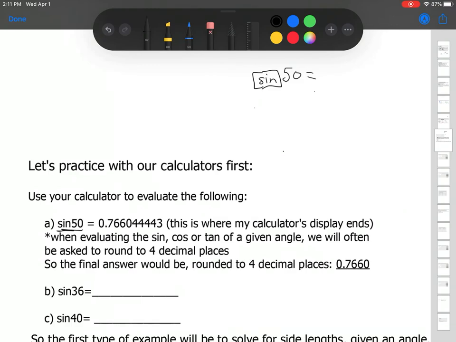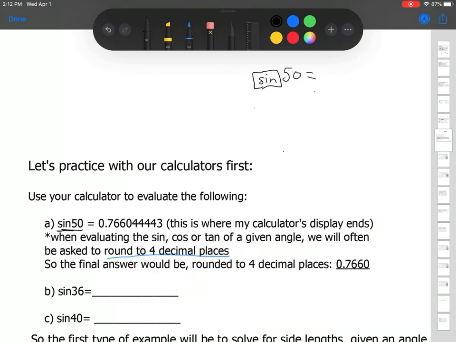Okay, so these will be irrational numbers. Like, you know, if you had a long calculator, it would keep going. Usually we're going to round to 4 decimal places. When you do an angle, usually the question will say 1 decimal place. Okay, so just take a look for that. So the final answer rounded to 4 decimal places is